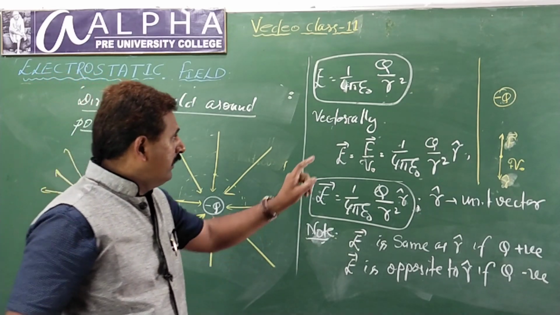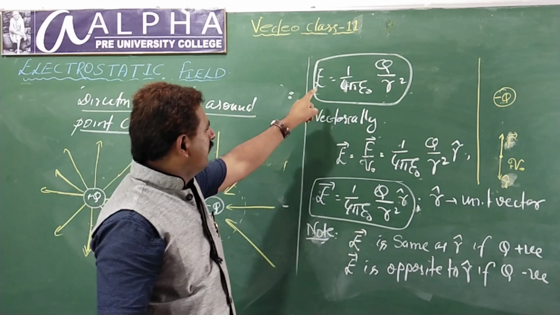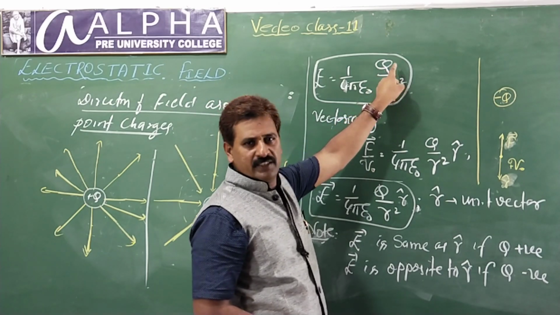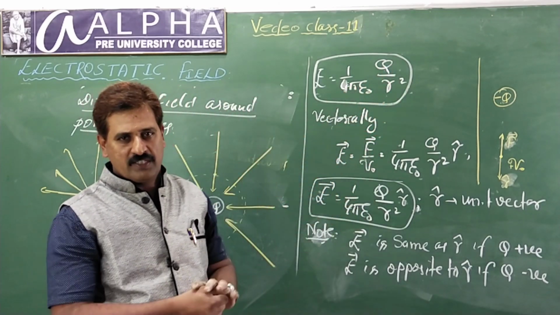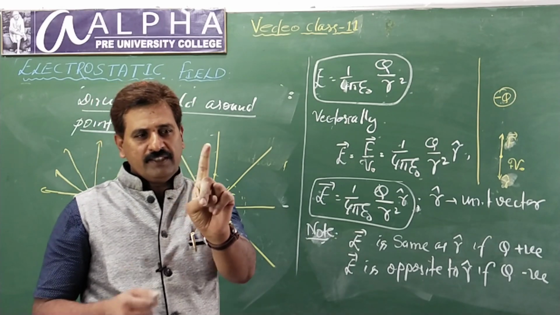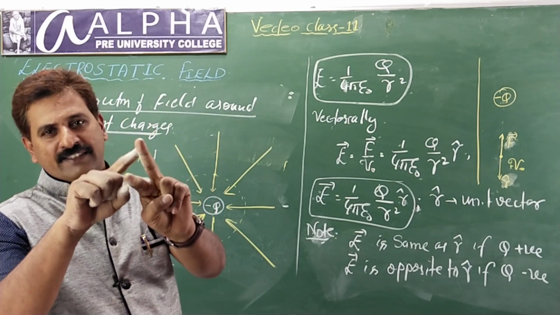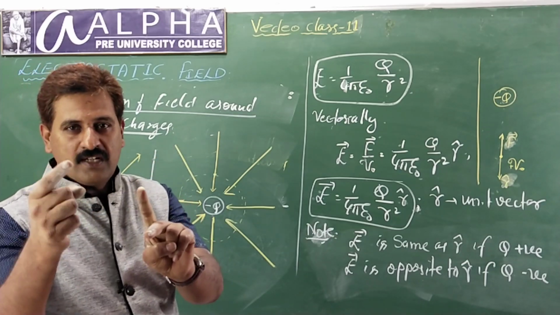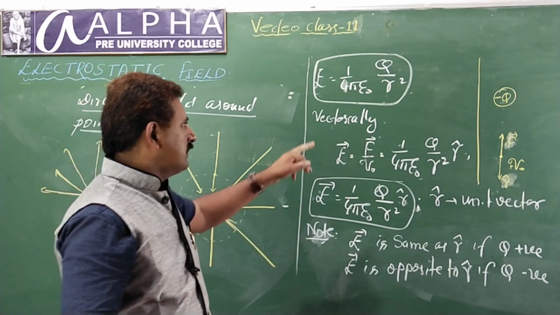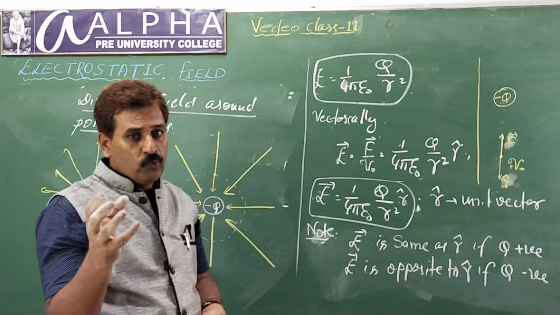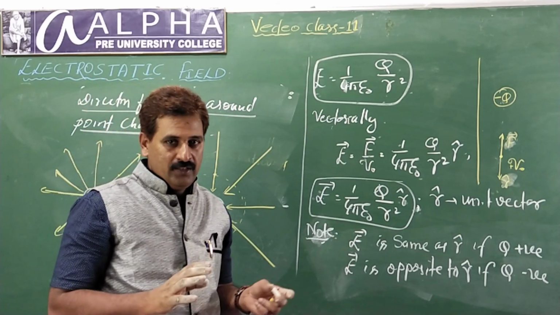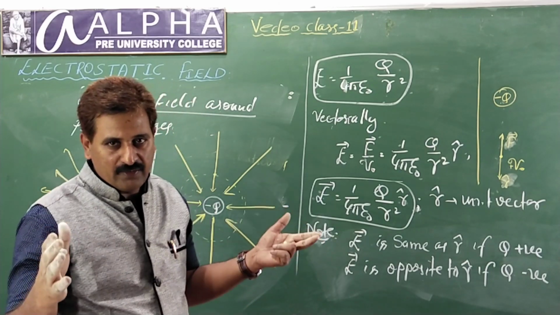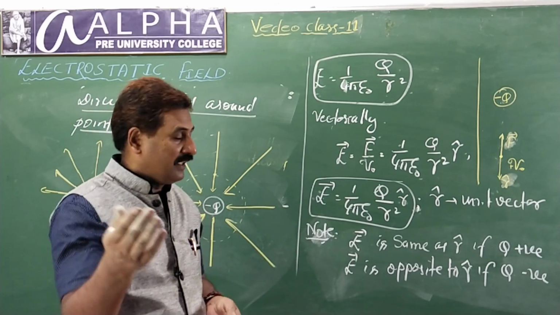Students, we have learned so far that the expression for field is almost like the expression for force. The only difference is that for force there are two values of charges, here only one value, the source charge, is used. Electric field depends on two factors. One is the value of the source charge, the second is distance: inversely proportional to the square of distance, directly proportional to charge. It also depends on the medium. If the medium changes, the electric field changes, like how we explained with force. We can explain the variation of electric field with medium too. We'll come to that later.